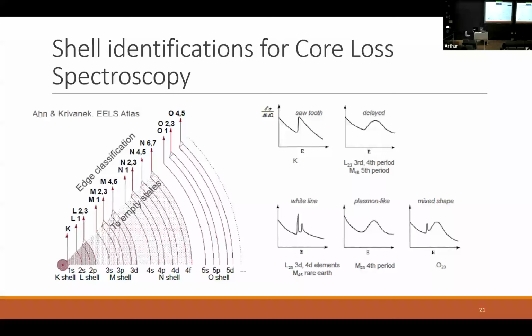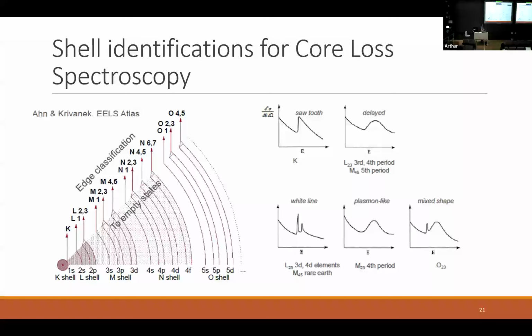We're going to call it a K shell, an L shell, an M shell, and then up we go. These correspond to coming from the 1s, the 2s, the 3s, the 4s, the 5s. K shell is the most simple. You've just got the two levels there, so you're going to have a much more straightforward EELS signature. This is the example of the K shell. You've got your background coming down here, then a sharp increase when you get to that energy, and then it follows the background again. So it's a nice sawtooth line shape for that core loss spectra.